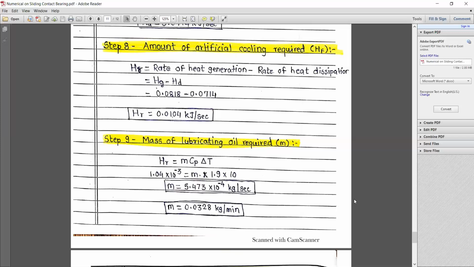Okay, I hope you have cleared the doubt related to delta T. Now putting all the values, what we get, the mass of lubricating oil is equal to 5.473 into 10 raised to minus 4 kg per second, or we can say 0.0328 kg per minute. So that much mass is required for removing a heat of 0.014 from the